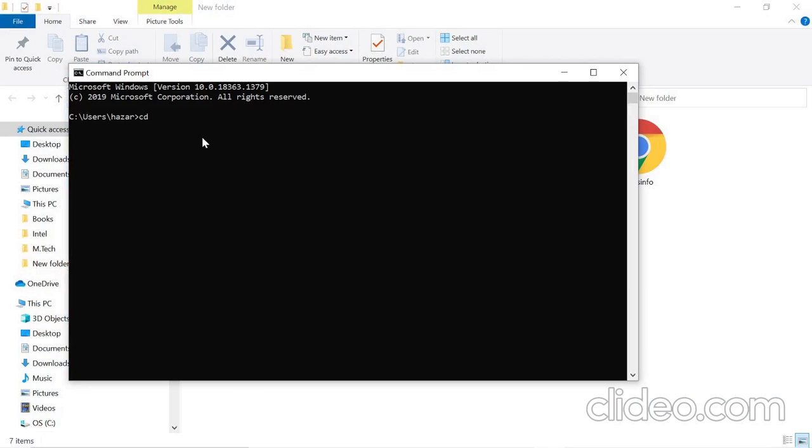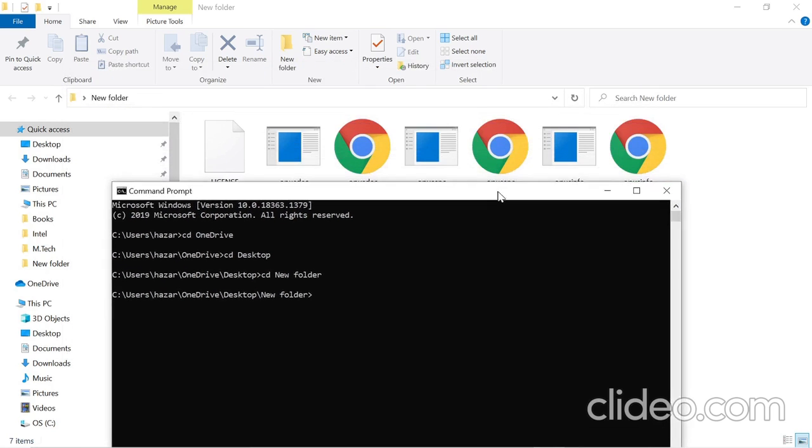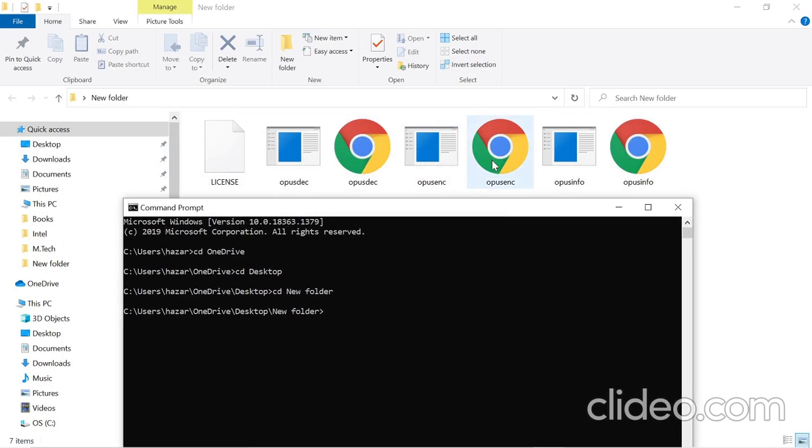So let us change the file location. cd, that is change directory, OneDrive, and then we need to go to desktop, and then to new folder. So we are in the location c/user/hazard/OneDrive, and now we need to do the encoding of an